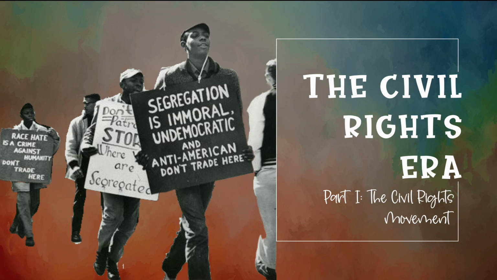While the Cold War was a major international concern, the Civil Rights Movement was a crucial time in American history characterized by the fight for equal rights and opportunities for Black Americans. It spanned from the 1950s to the 1960s and was marked by pivotal events such as the Montgomery bus boycott, the March on Washington, and the passage of key legislation like the Civil Rights Act of 1964. This era was led by influential figures like Martin Luther King Jr., Rosa Parks, and Malcolm X, who played significant roles in advancing the cause of racial equality and justice in the United States.